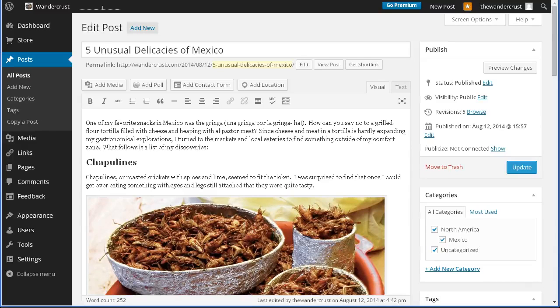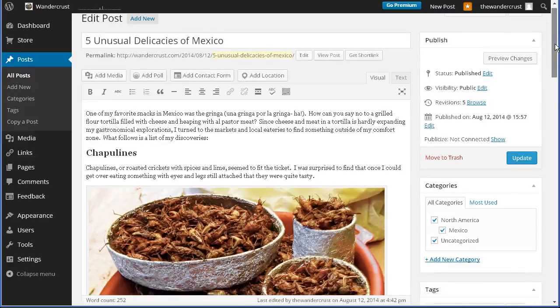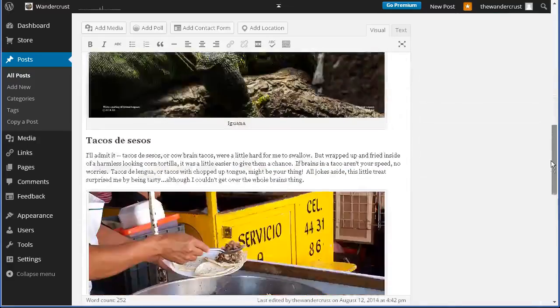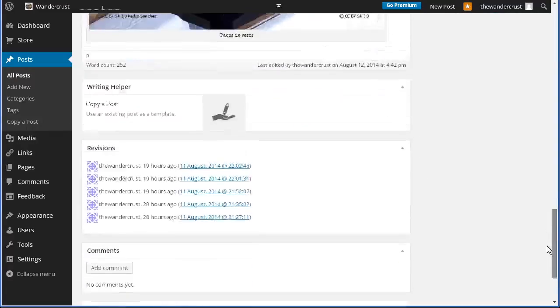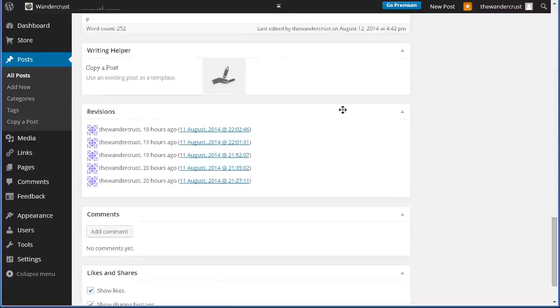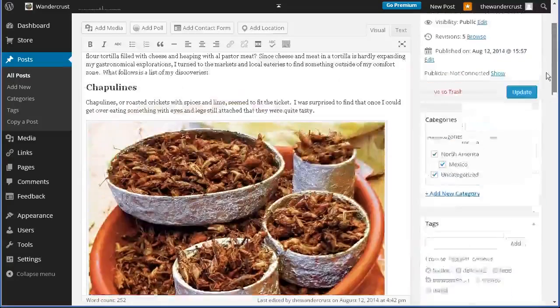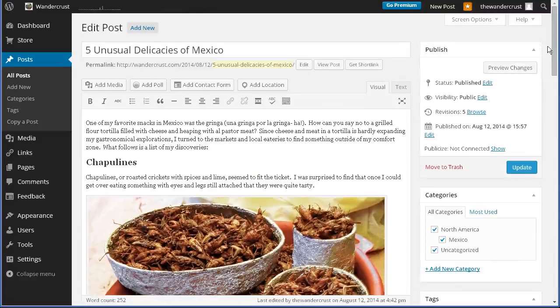For example, we have our post here that we just published. You might notice that there are more options for things we could do to our post, but they're hidden way down here at the bottom of the screen. So maybe if there's something down here that we use really often, we could drag it to be closer to the top. And maybe if there's something we never use at all, we have the ability to just completely remove